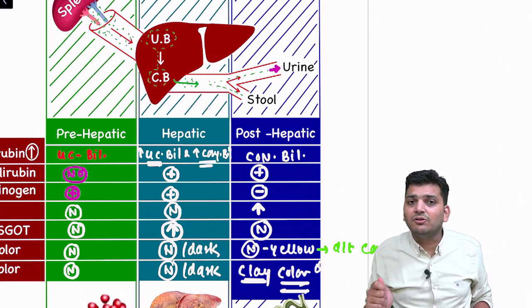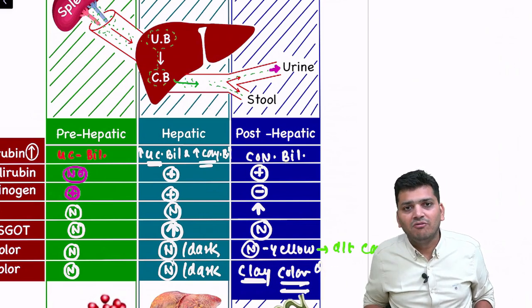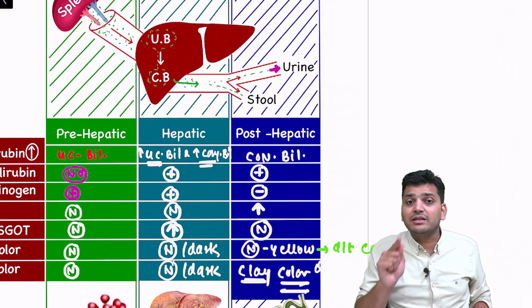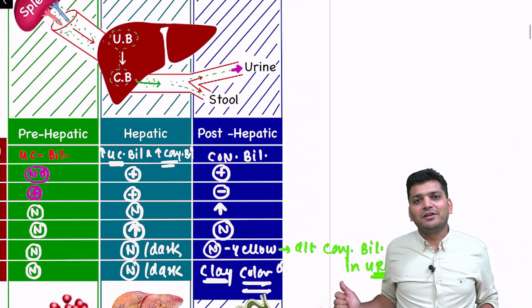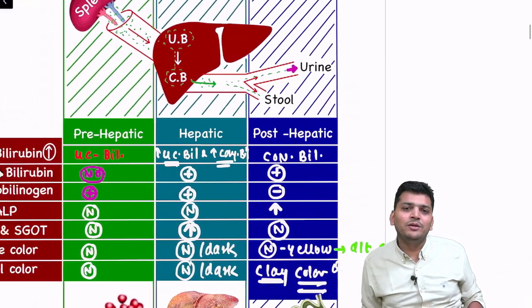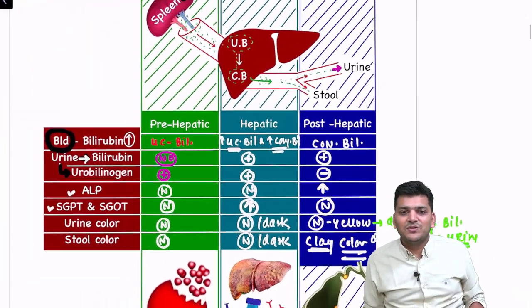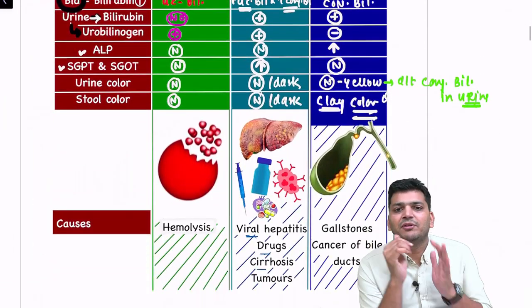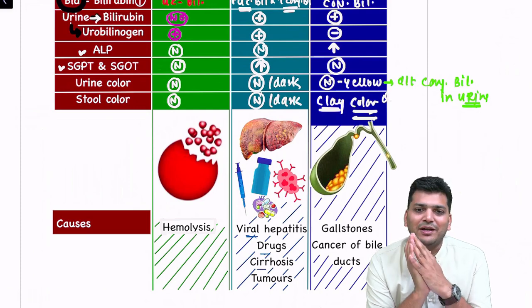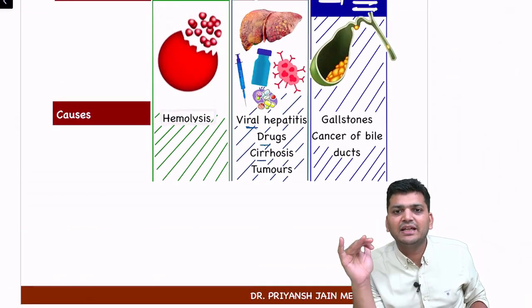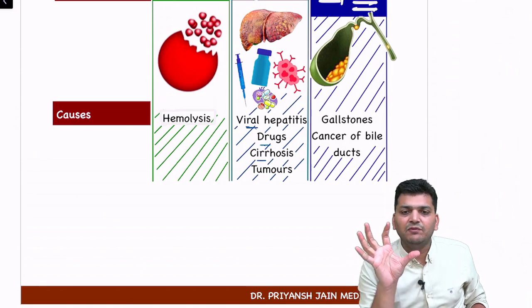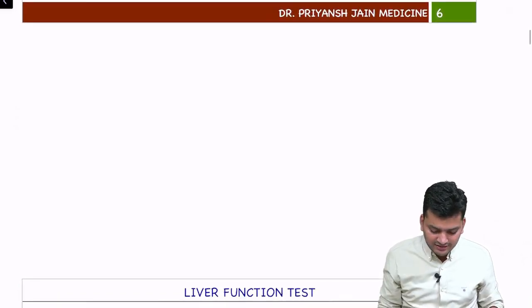Can you tell me, in the post-hepatic, we understand that the stool is clay colored. But why is the color of the urine still yellow? Why is it not completely white? Because which substance is coming in the urine in that case? Conjugated bilirubin. The conjugated bilirubin is coming, and that is leading to the yellow color, right? So this is the difference between the pre-hepatic, hepatic, and post-hepatic. So we have discussed overall the basic idea behind the liver function test. So if I just summarize the things here,